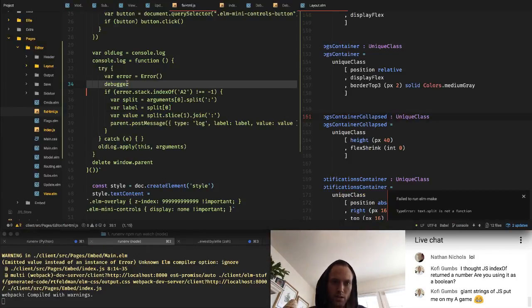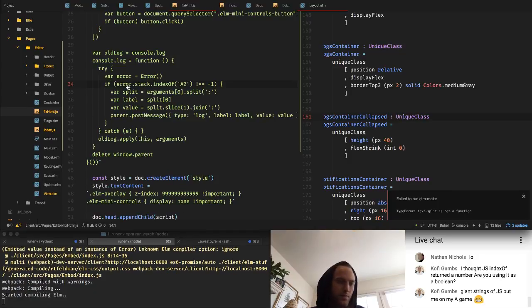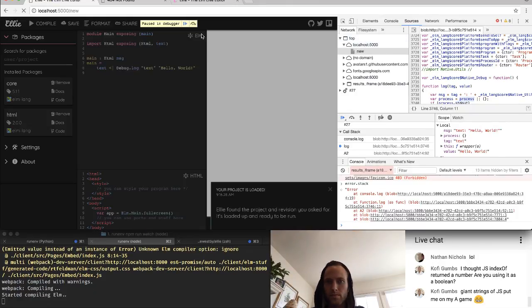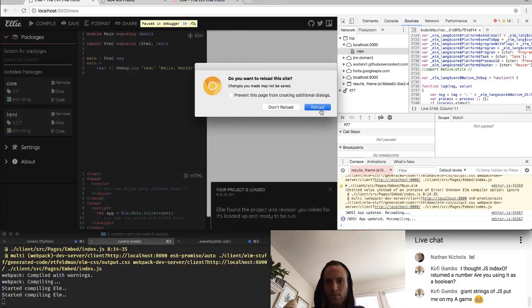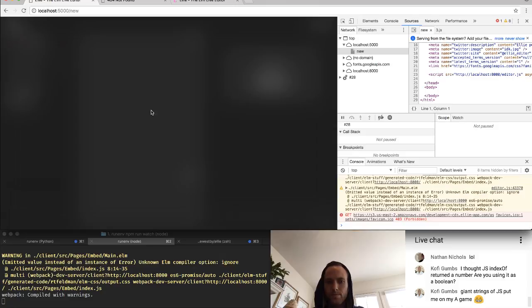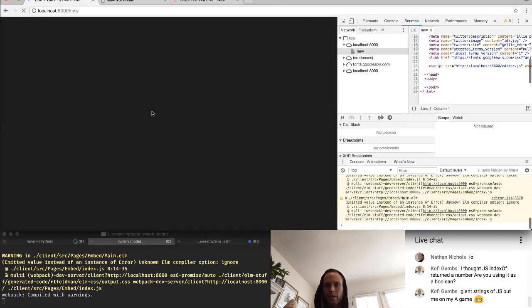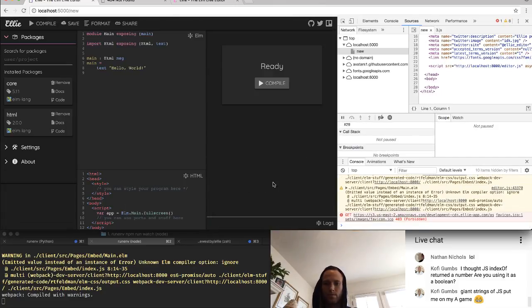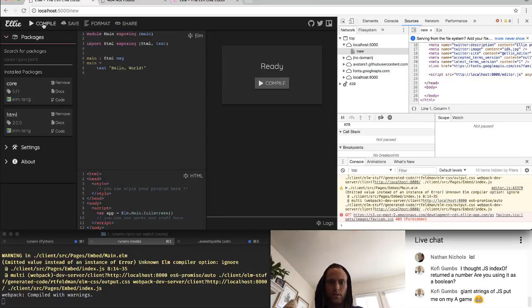We'll get rid of that debugger too. Let's give it another reload just in case. Alright, so